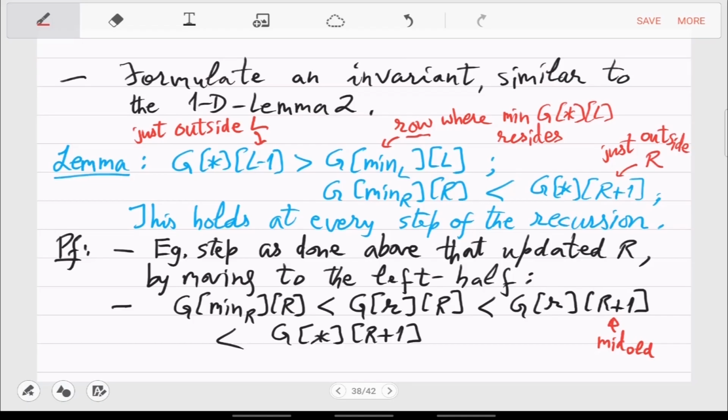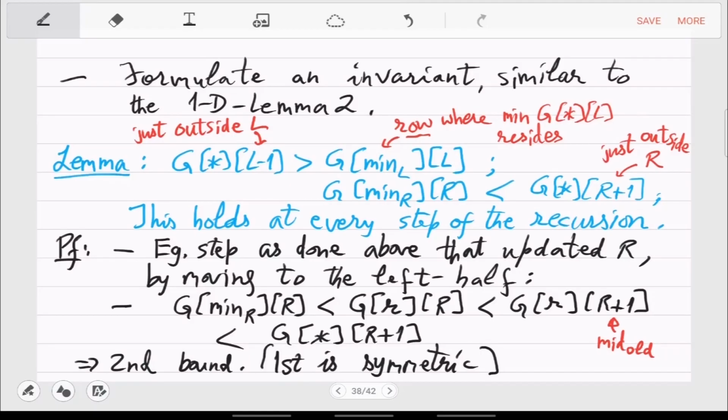Right? So this is the sequence of inequalities. So we have proved the second bound, and the first is symmetric. Okay, so these two you do, and then the proof is complete.